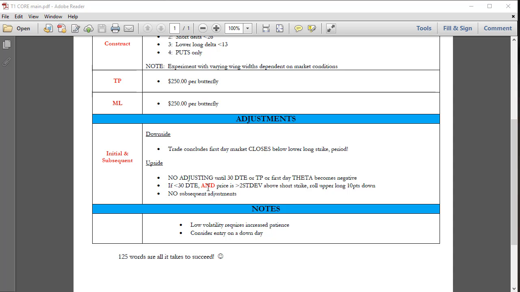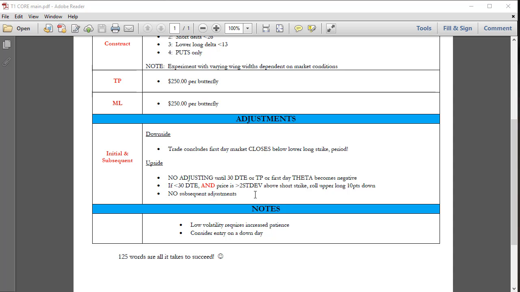There's no need really to be watching the market intraday, because you'll be able to look at the end of the day if the condition has been met requiring you to make an adjustment. All right. And again, I'll have one entire video where we're going to spend a significant amount of time going through real life, real world examples on how this reacts